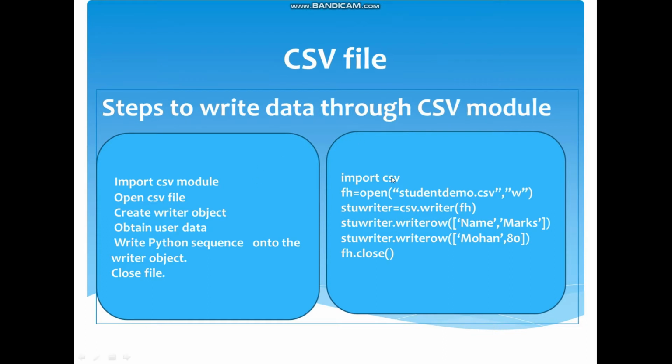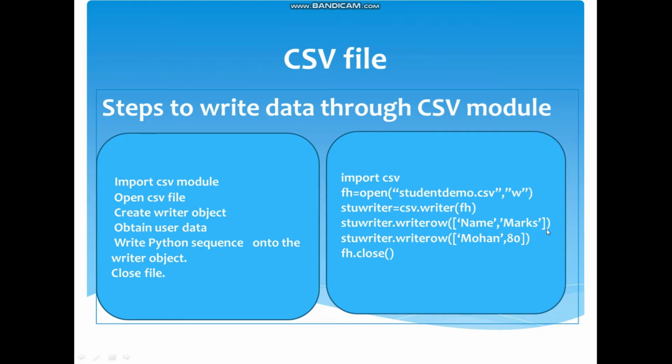So what did we do actually? First we imported the module csv. Then we created a file object, meaning we have simply opened a file area. Either opened or created, both are done using the same open function. Then we set an object for writer, that is the writer function object. Once we have the writer object, a kind of pen you can say, stu_writer.writerow. What do you want to write? I want to write name and marks.